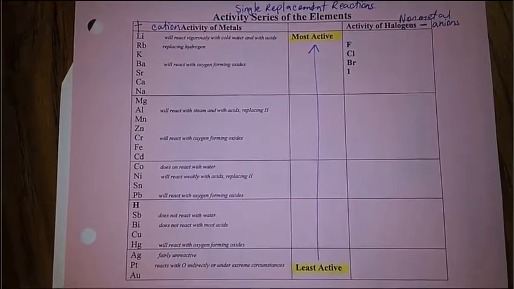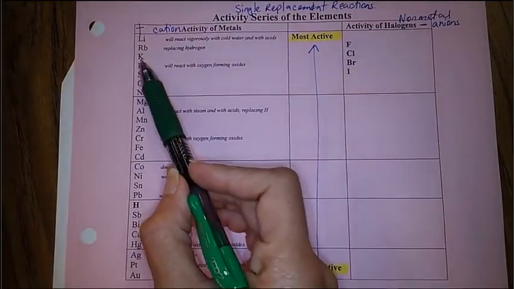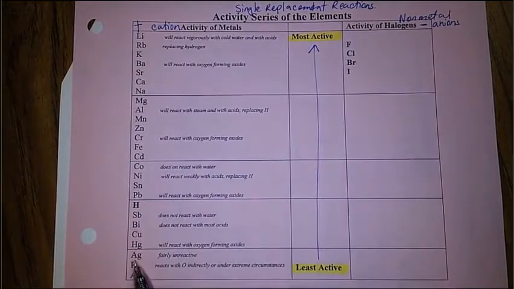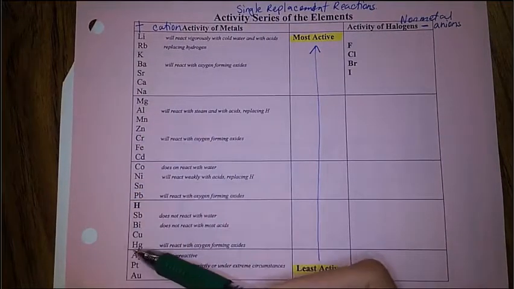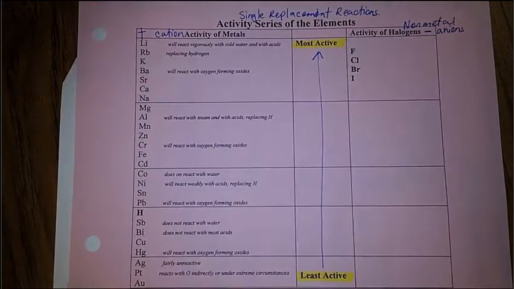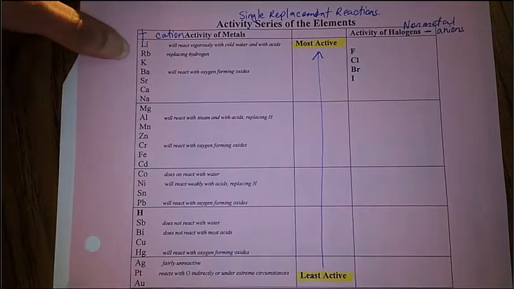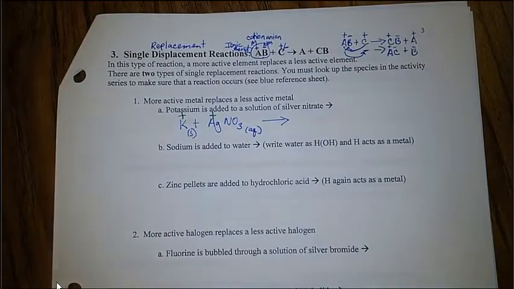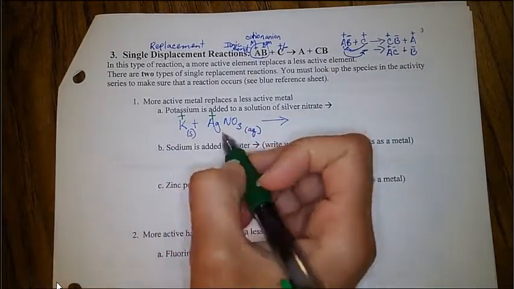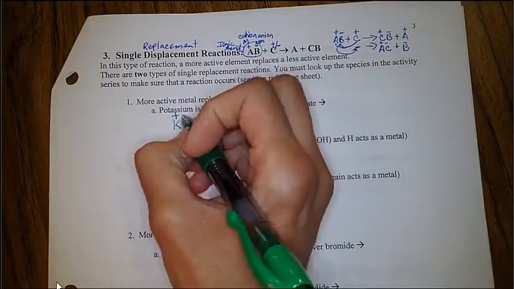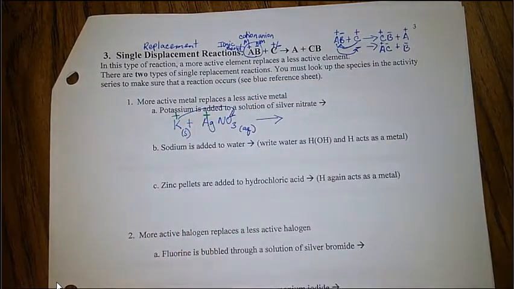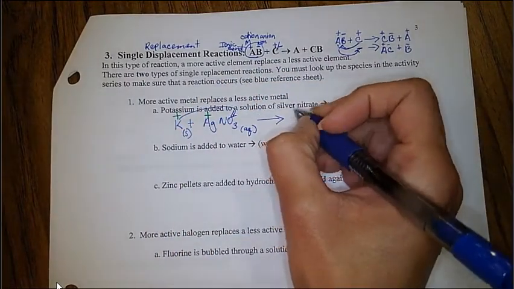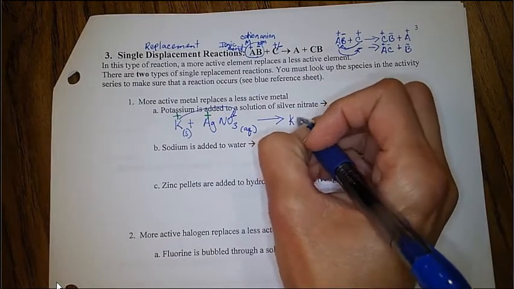So let me see if I can do that. Okay. So potassium's up here, and then silver is all the way down here. That means that potassium's higher. It is more reactive than the silver that you have. So you are going to then go back to your sheet, and you're going to say this reaction will take place. This potassium will then react with the nitrate here,